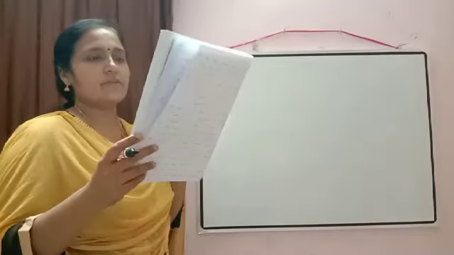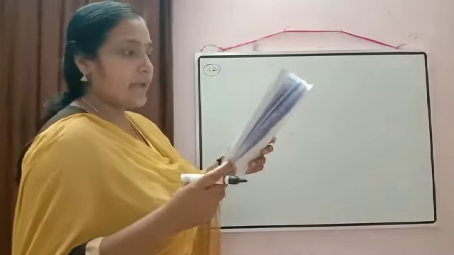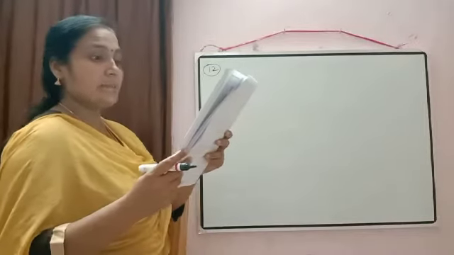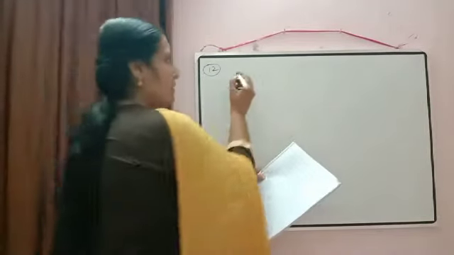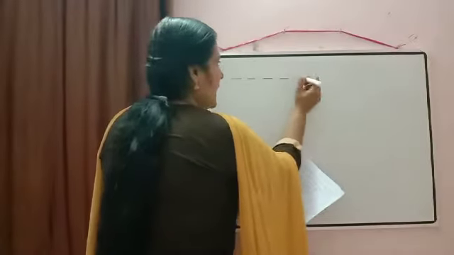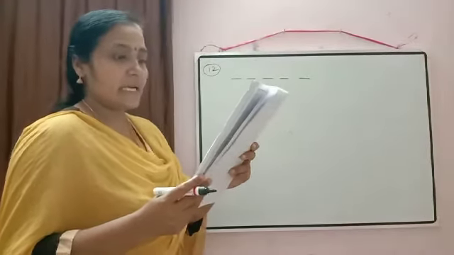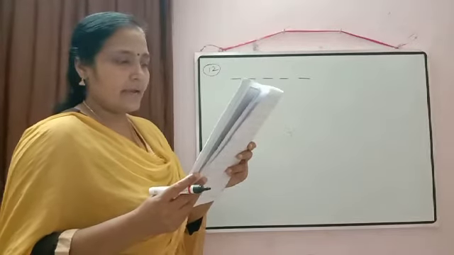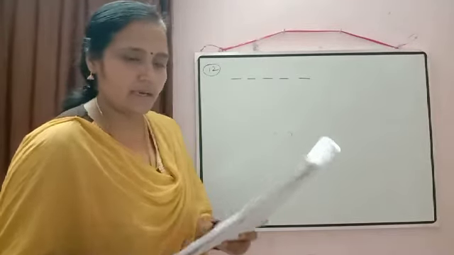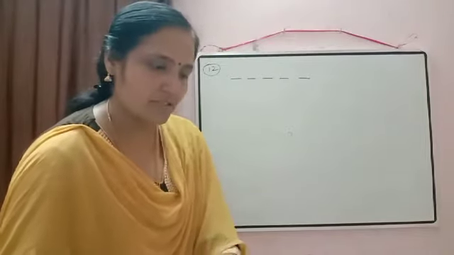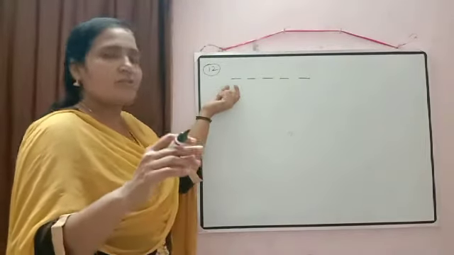Now check the next question. How many different 5-digit number license plates can be made? A 5-digit license plate can be made if the first digit cannot be 0 and repetition is not allowed. So the first digit should not be 0. So what are the options?